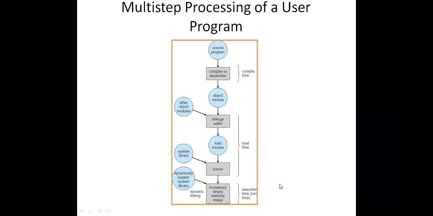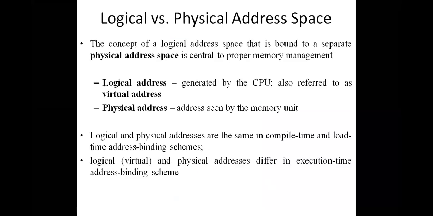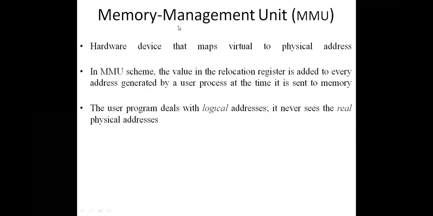So we need to compile, and then the compiler will take over, and if there is any addition of other library functions to your program, the linkage editor will take care of it. After that you need to load the program, and then you need to execute the program. Those are the steps. Are there any doubts till now?